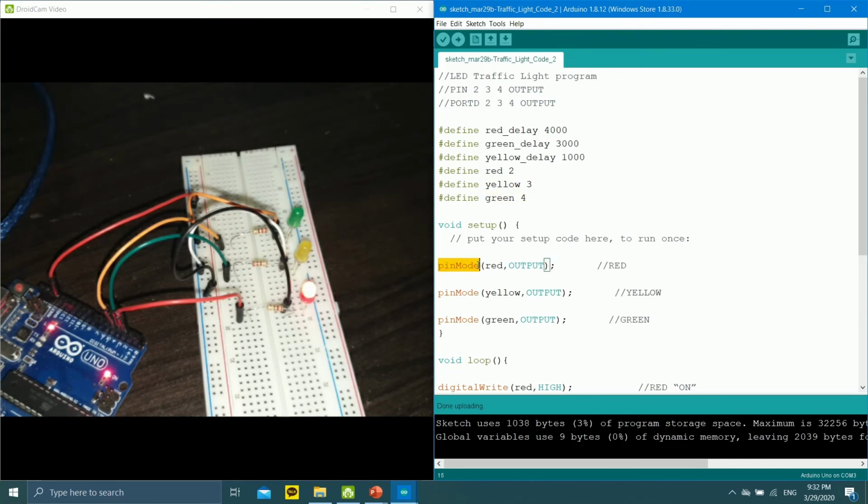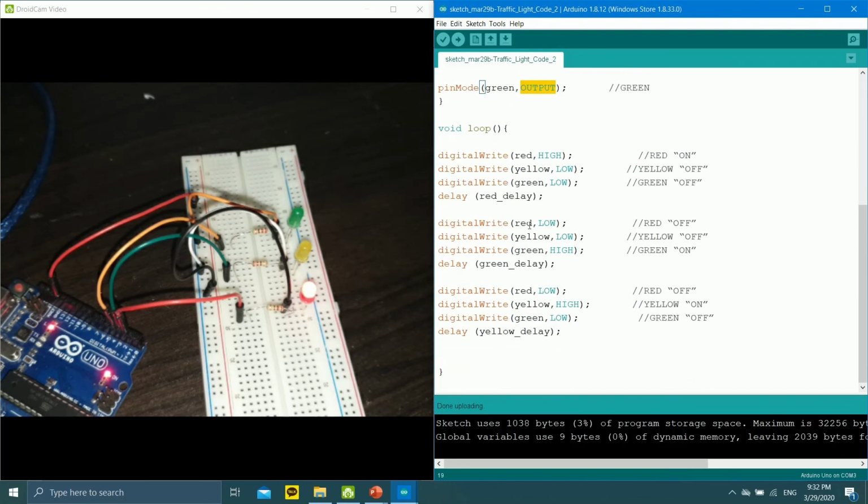And then using pinMode, red equals 2, yellow equals 3, and green equals 4, set output, and using digitalWrite,